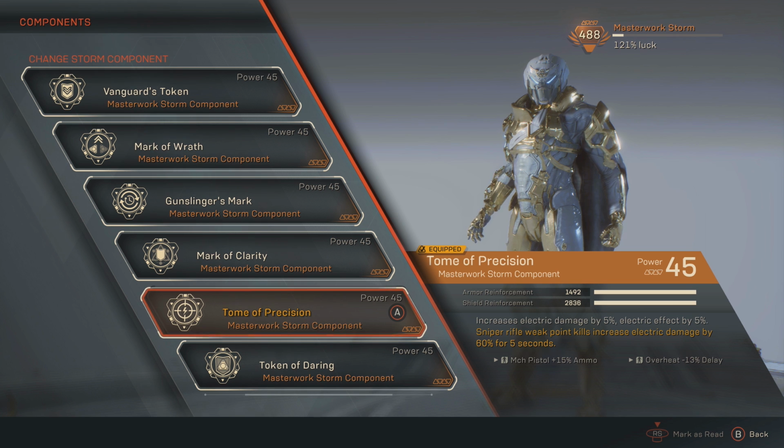Tome of Precision, again, it just increases your electro damage. The Masterwork effect is pretty garbage because sniper rifles, quite frankly, suck in comparison to using the Avenging Pistol. They're just not that great. Too many conditions need to be met for that to be useful, but this just increases electro damage,